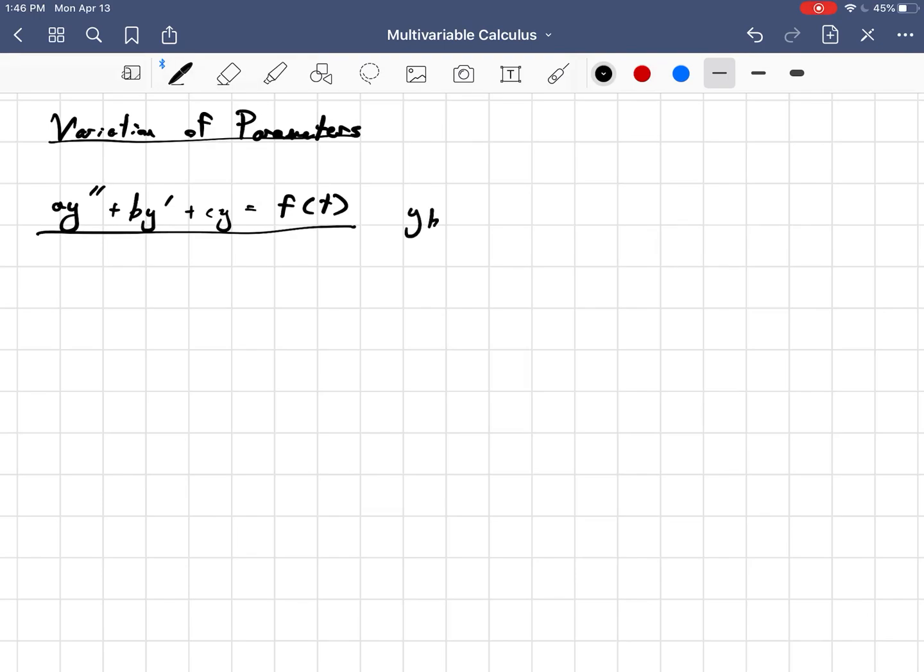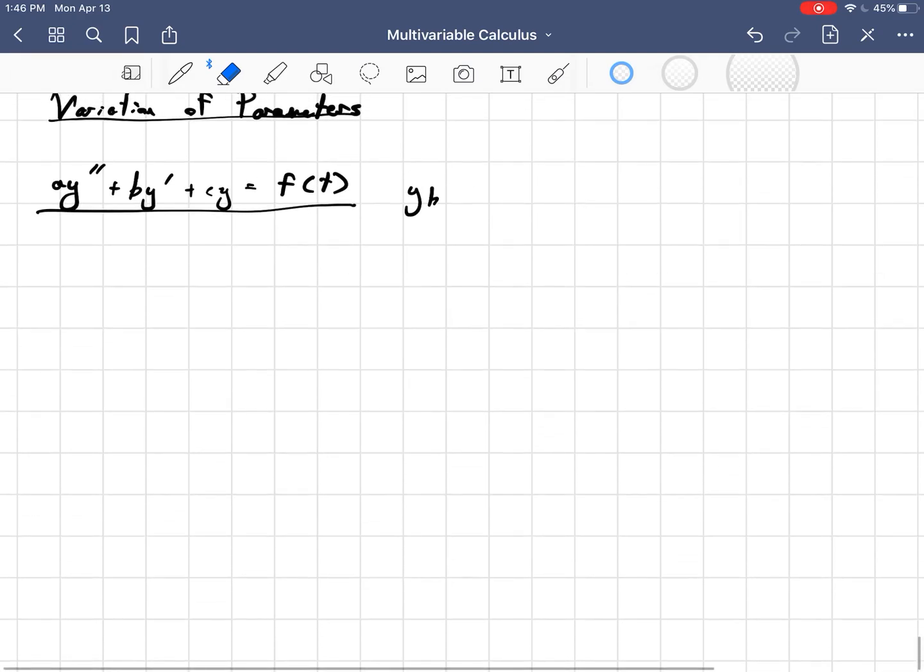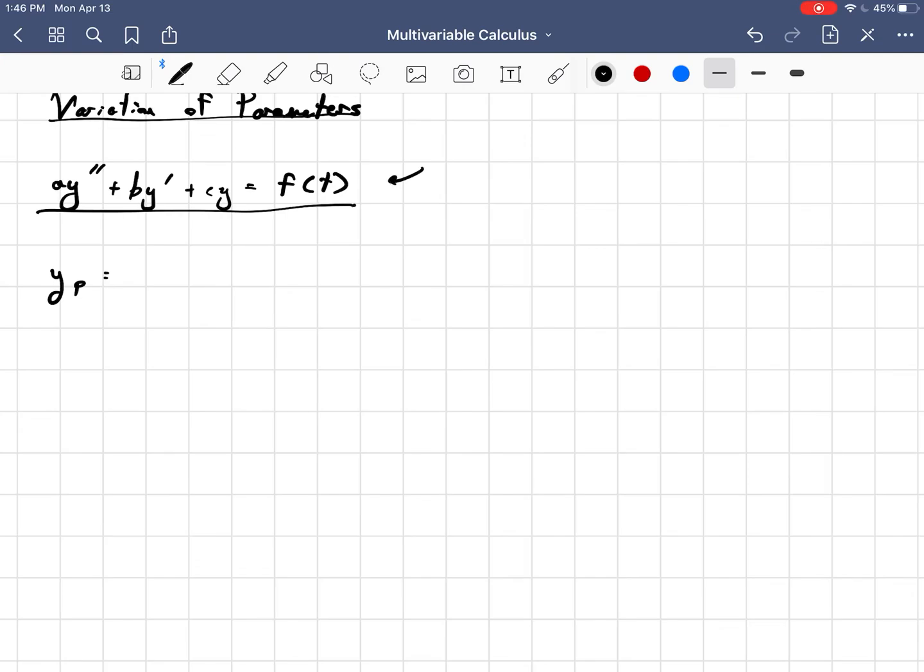So the solution is going to be found the same way that we did with the undetermined coefficients. We're going to find a particular solution to this, and we're going to find y sub h, the homogeneous solution, when f of t equals just 0. So the trick, I guess, so to say, is for finding the y sub p. And we're going to assume that y sub p can be written in the form